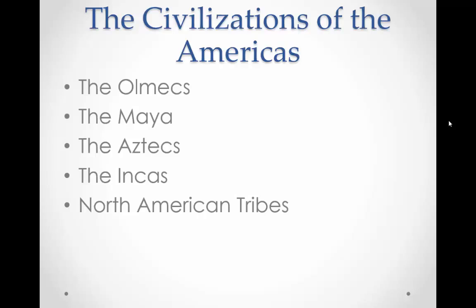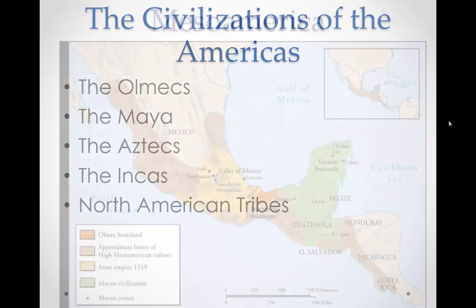Next you get the Aztecs, which were a major, large civilization in Mexico when Cortez and the Spanish showed up, and the Incas as well, which were an even larger civilization that were in South America when Pizarro would come in and ultimately conquer for the Spanish. Additionally, you had other North American tribes, especially in modern day America, and these people were not just sitting around in small bands like what had previously once been thought.